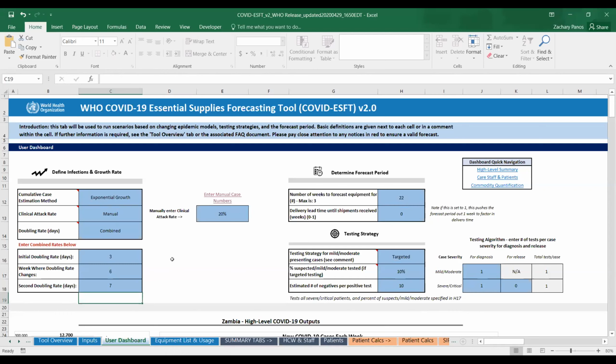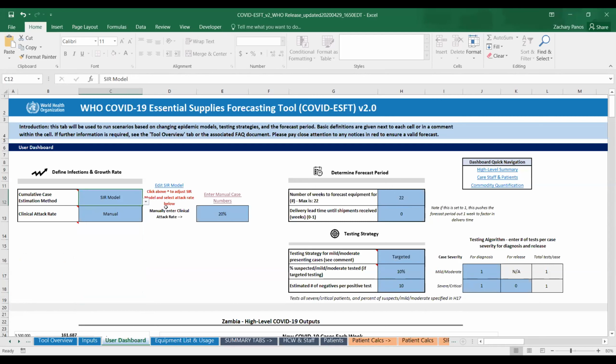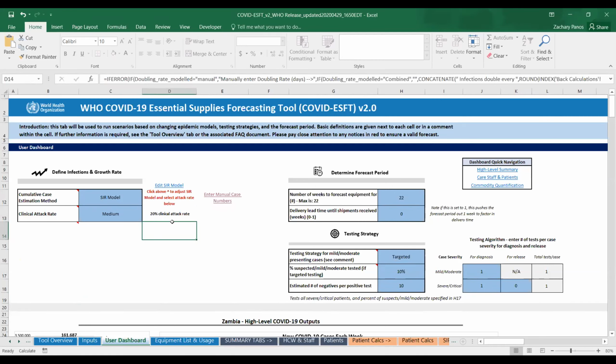Now, exponential growth is a very crude way of approaching case estimation because it does not take into consideration all of the complexities of true disease transmission of COVID-19. And so a user may want to select the third option from the drop-down menu, which is called SIR model. So the quick disclaimer to provide to this group is that the ESFT is not supposed to be used as an epidemiological model.